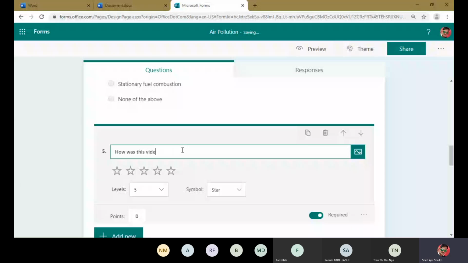So then we will insert media. Here is the button of insert media. We have two options, insert image or insert video.